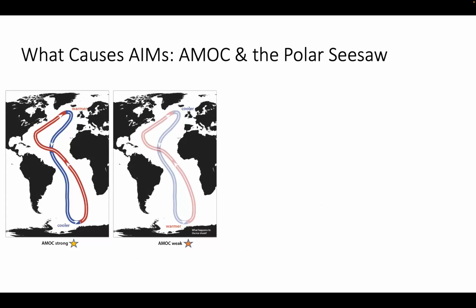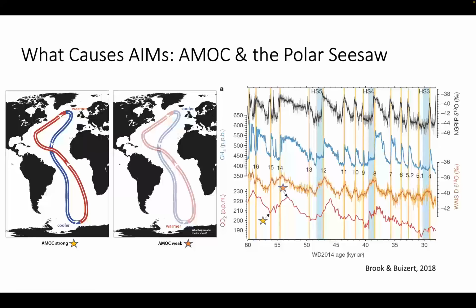But the result is that during periods where AMOC is strong and transporting heat more rapidly, the Southern Ocean cools and the North Atlantic warms. But during periods where AMOC is weak or shut off, the Southern Ocean warms and the North Atlantic cools. This causes a temperature offset between the North and Southern hemisphere called the polar seesaw, which you can see here